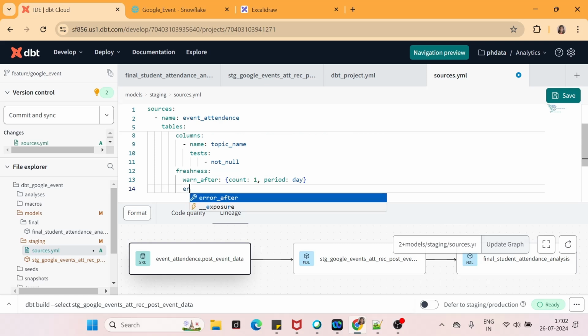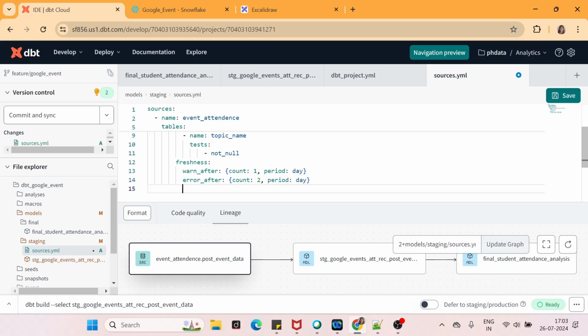The second parameter is error after. Here I will say count 2 and period day, and I also need to give a loaded at field.